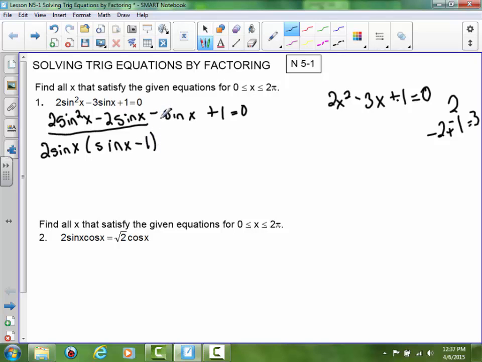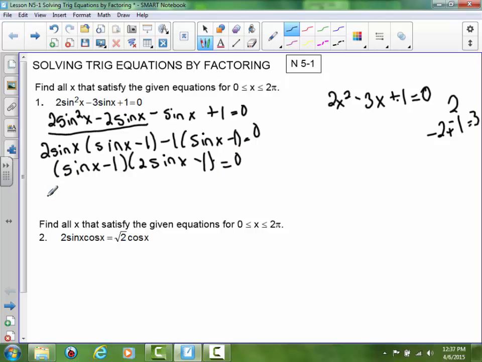And then here we have minus. They only have 1 in common, so that leaves us also with sine x minus 1. And then we know that sine x minus 1 times 2 sine x minus 1